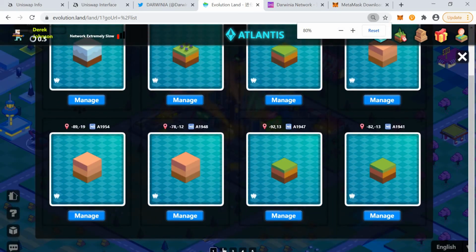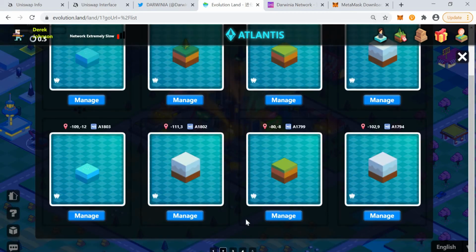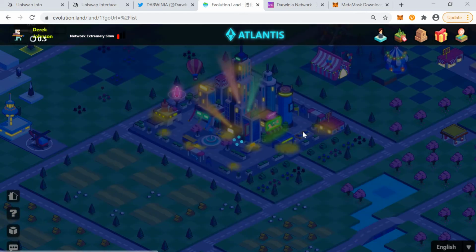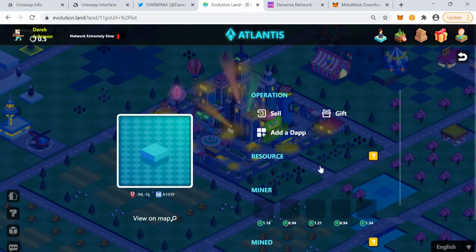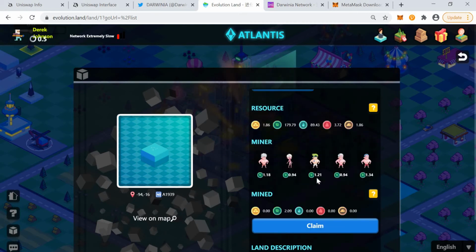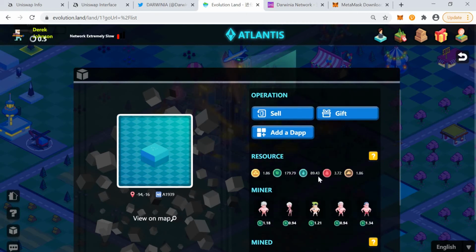So if you go down here, you can't really see it. It's going to give you an option for switching over to all the lands. I have a ton of land. And then when you go into manage, you can see you can claim your resources that you have mined. I've claimed a lot of the resources,